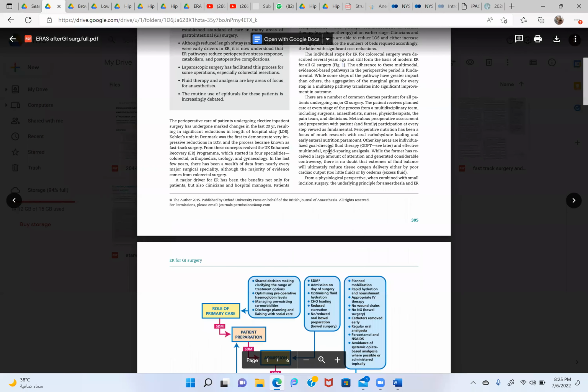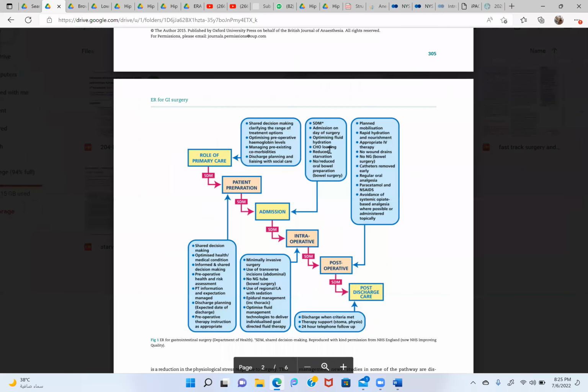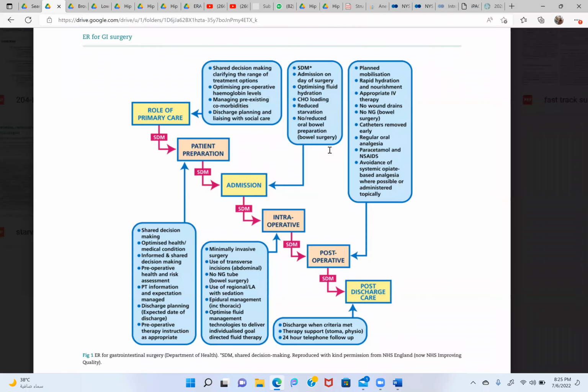That's what I just wanted to show you. This is a chart you will be understanding. There will be primary care preparation; you can just have a look at it. No NG tube, use of regional with sedation, epidural management. They try to reduce the concentration so that there is less motor involvement. Physiotherapy and